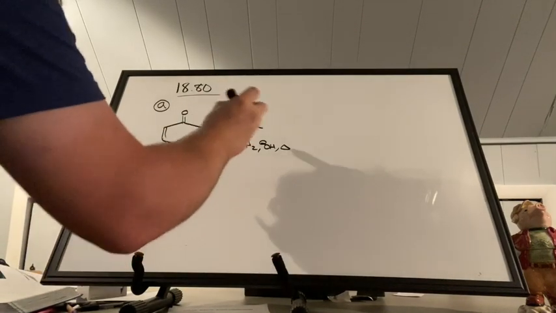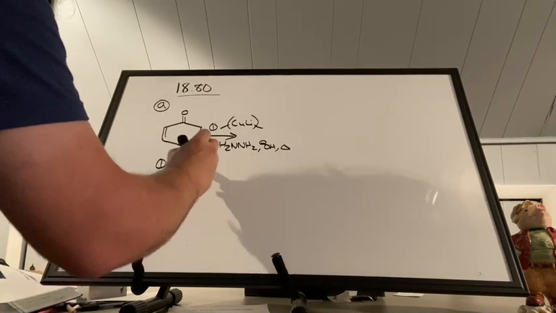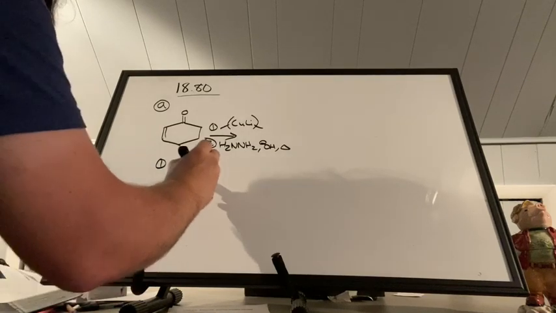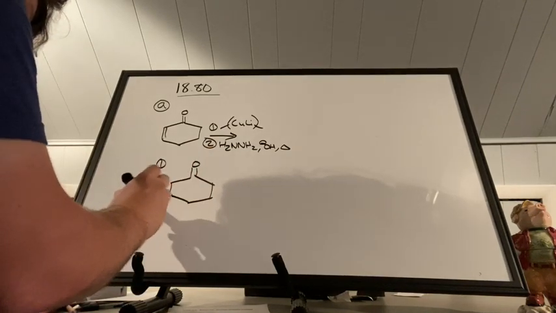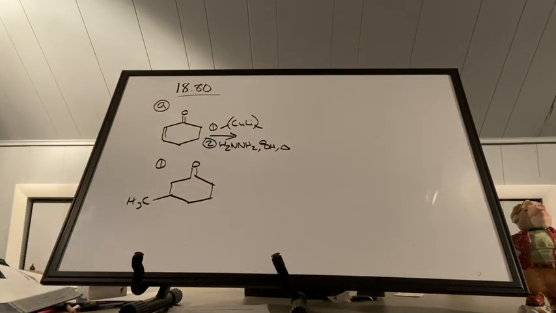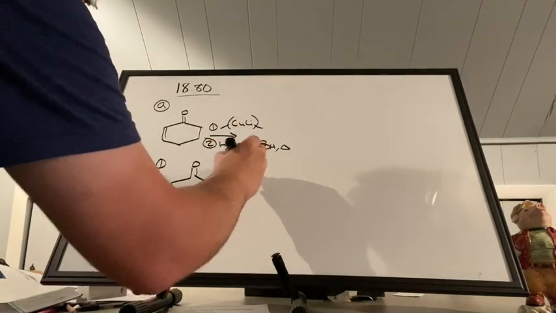So in other words, from the first step, you're going to get this particular compound. So it's going to be R and S 50-50. Remember, this is going to be planar. And then the second step for part A,